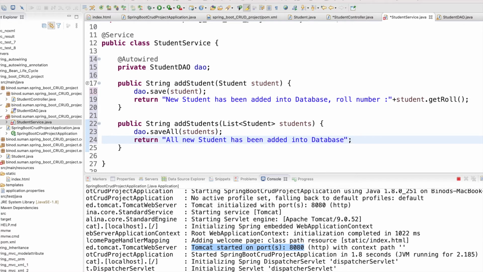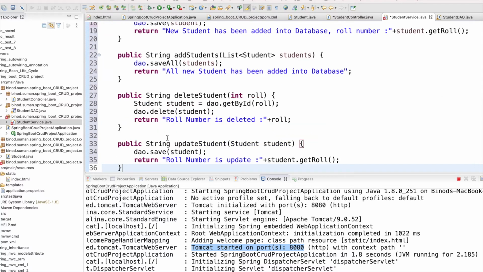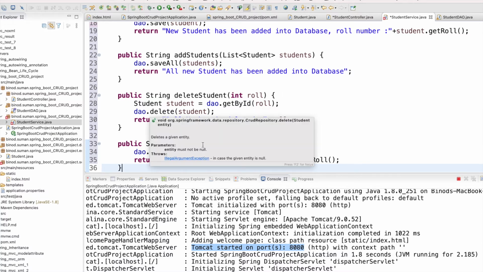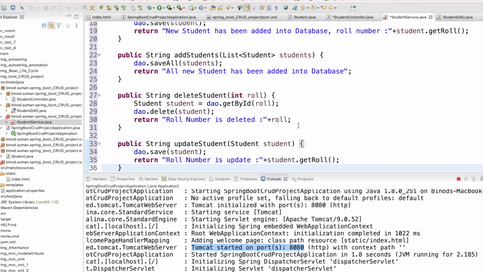Now we can also have the commands, so we can delete that row number, right? So we can have delete and update. Just for time saving, I have copy pasted. So the delete method: first you have to take the row number, then take the student, and then you can delete that, right? The row number is deleted.